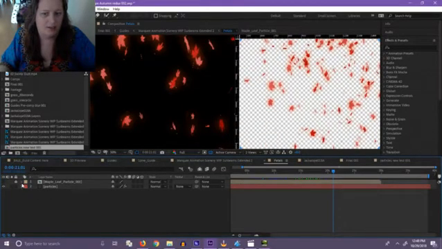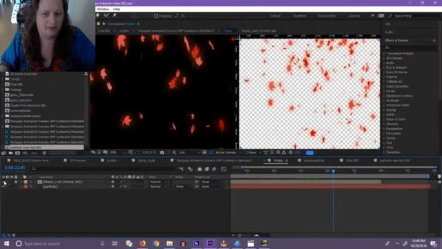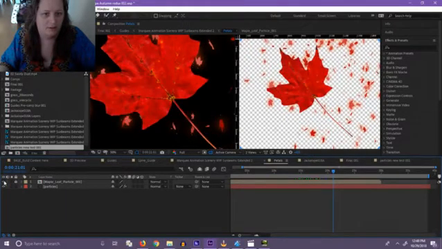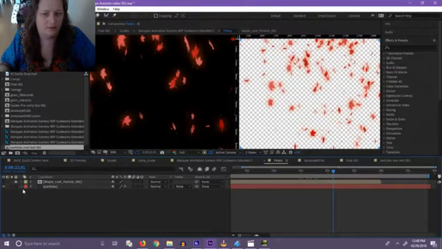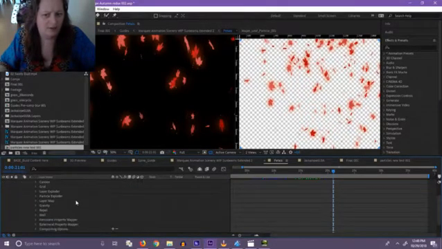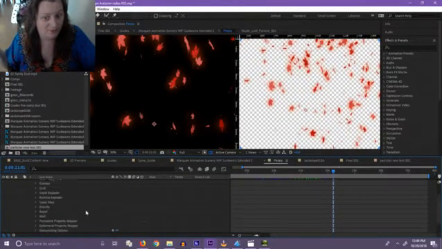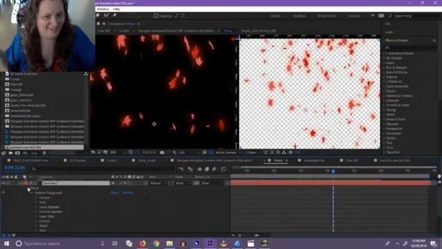And to me, that's just the particle right here. There it is. So is this a pre-comp, or I thought this was just a solid with some particles on it. I don't know. Anyway.